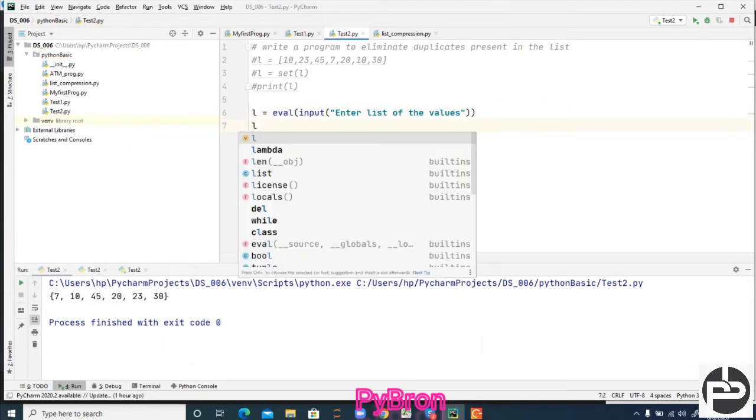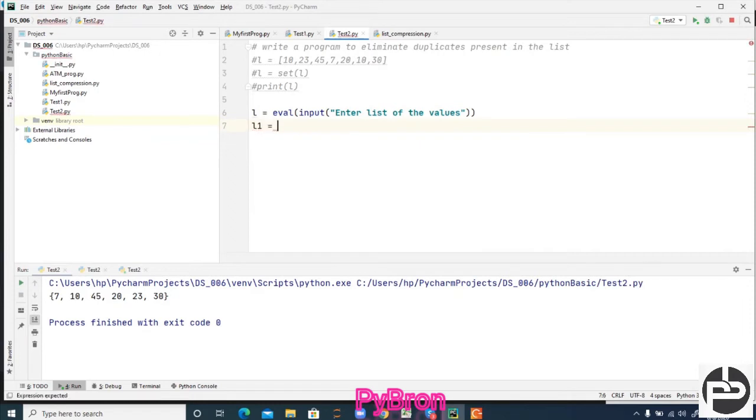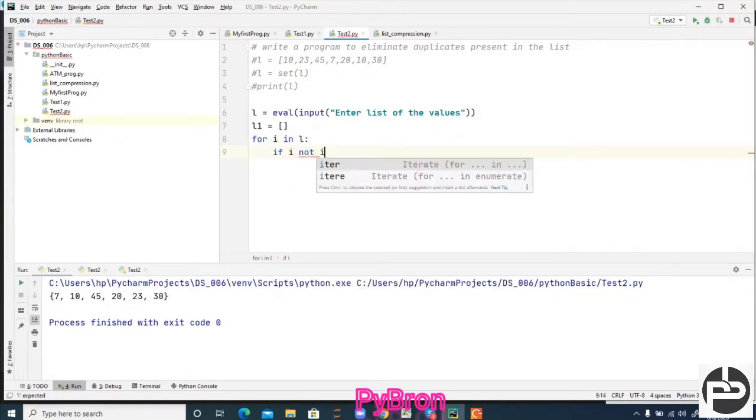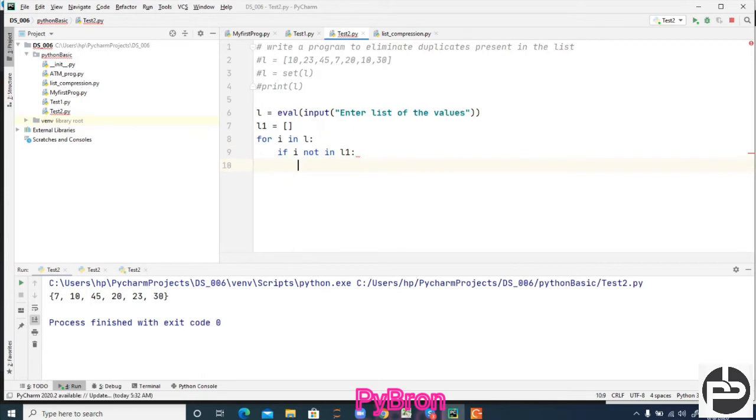Now I'm going to create one dummy list, an empty list, l1. For i in l, if i not in l1, then call the l1.append method and append the i.